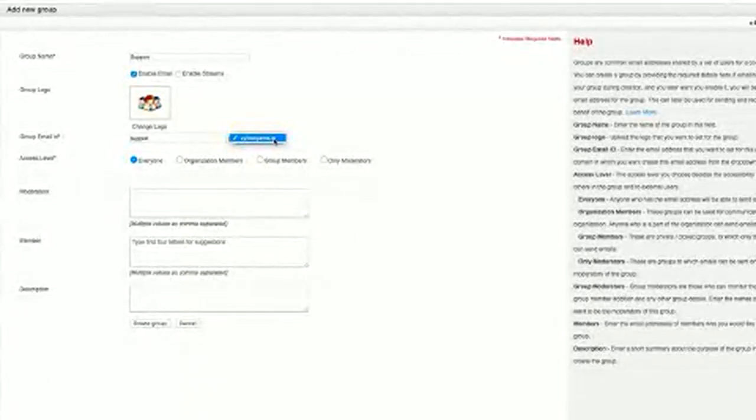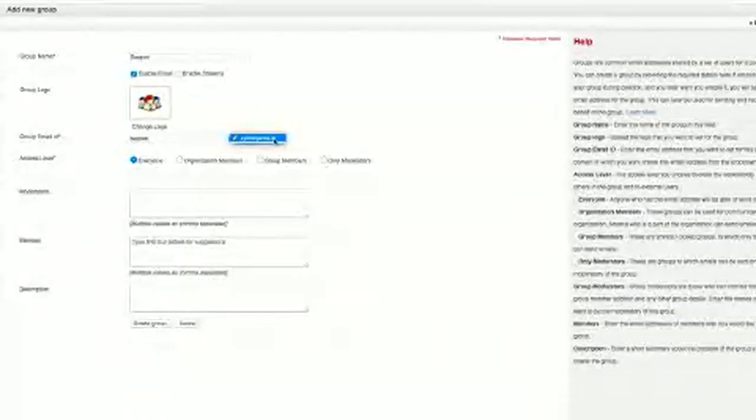So you can see that the first one available is everyone. When you're giving the access level as everyone, anybody will be able to send emails to the group that you're creating. It's a public group. Say, for example, you want to create groups for support or partnership. When you're creating a public group, all the members who have this email address will be able to send emails to the group. Like I said, you can most commonly use this for support email addresses or for partnership email addresses.